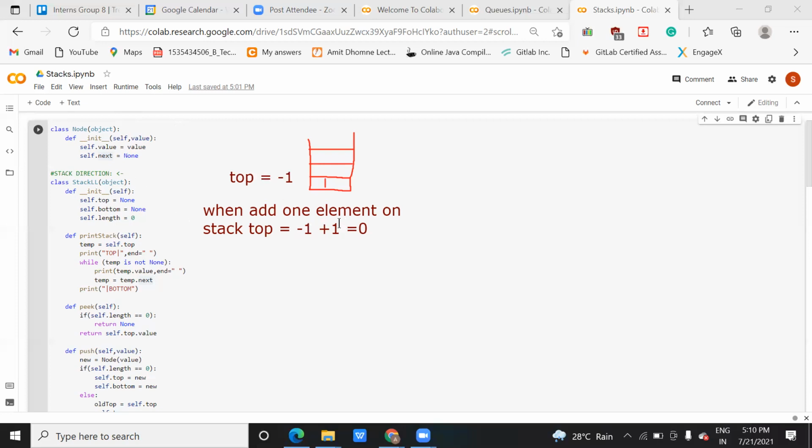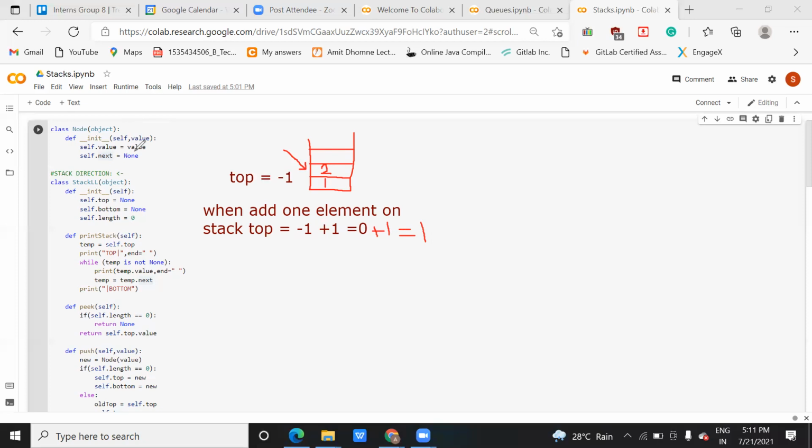So here top is just to represent the pointer. And the top value will keep on incrementing by 1 as you insert more elements. Suppose you insert 2. Now the current value of top will increment by 1, so 0 plus 1, it will become 1. So top is 1. You can say it is a pointer that points to the top element all the time. Now here is another class stack object. This one is just to refer to the current class object.